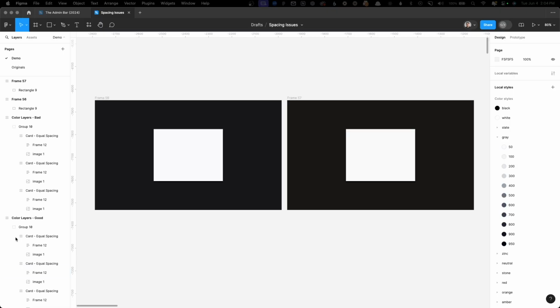If you really want to take your neutrals to the next level, then consider tinting them with just a little bit of cool or warm colors. If you use a cool color, you can make your designs a little bit more sleek and modern. If you use a warm color, it can be a little bit more inviting. I usually make my decision based off the brand colors. So if the brand has blues in it, I might go cooler. If the brand had reds in it, then I might go with a warmer shade. Now you don't want to overdo this, of course, because you do want these to still play as black and white, but by adding just a little hint of color to them,